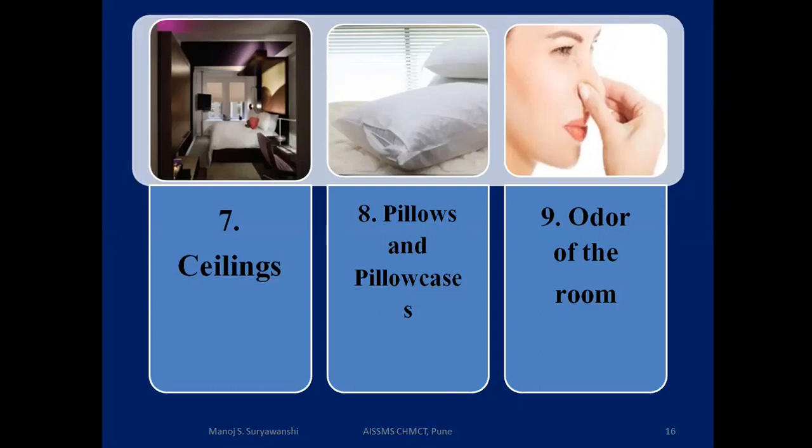The next point is pillows and pillowcases. It is the prime focus of the guest room attendant to check all the bed linen and bath linen on a regular basis. To check the pillows, pillow covers, pillow protectors, any bolsters, or any other kinds of pillows on a regular basis. If the pillows are not in proper condition and have not been cleaned properly, and you haven't changed the pillow protector and pillow cover, it can make a problem for the guest. So it is the duty of the guest room attendant to see all the pillows thoroughly and physically check. If something is found problematic, then it should be replaced.